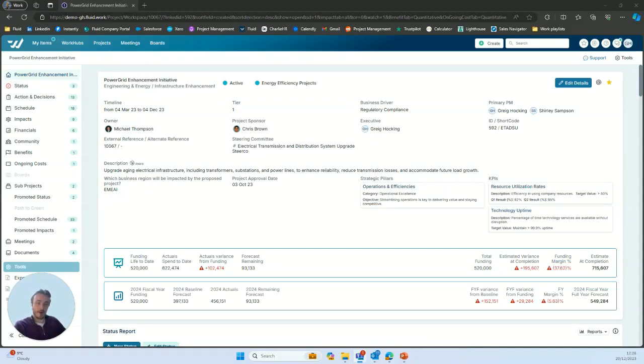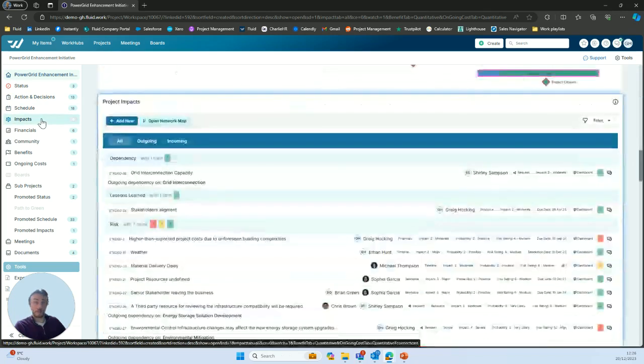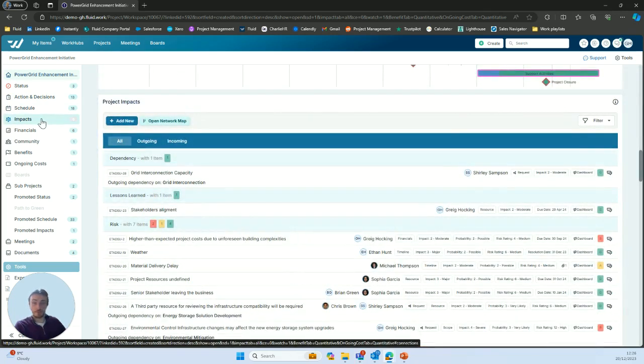I'm here today to talk about risk management, the process of identifying and managing potential risks in order to minimize the negative impacts that they may have on projects. So I'm in an individual project workspace, the Power Grid Enhancement Initiative. I'm going to come down to our impacts, which is where we manage our risks, issues, and dependencies for the